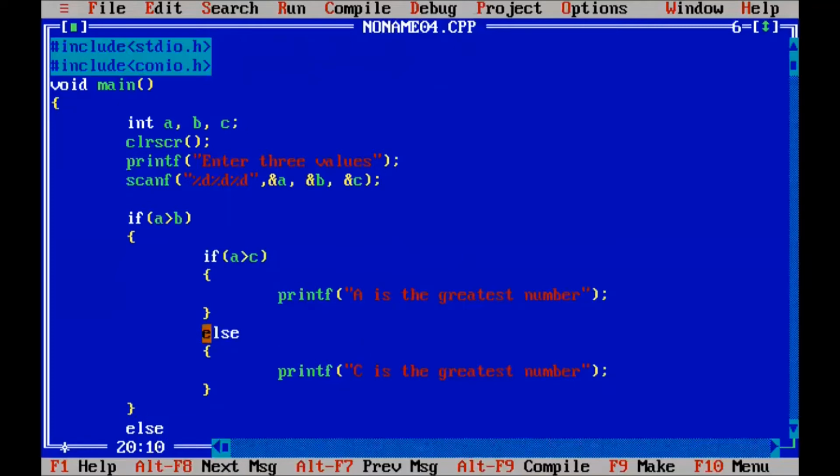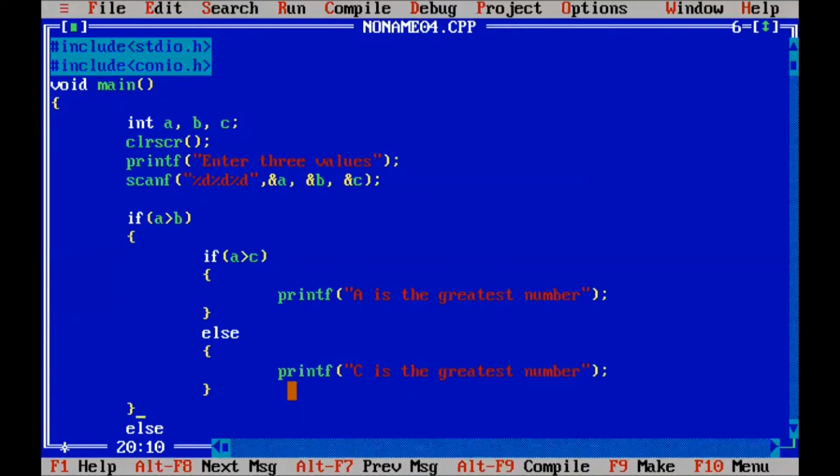This if opens and closes curly braces, this else part also opens and closes curly braces, and here we forgot to close the if, and here is the close of the curly braces.